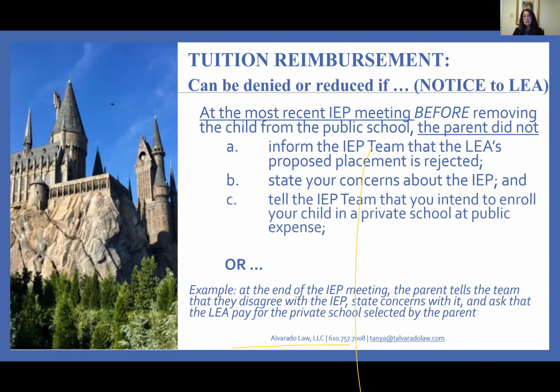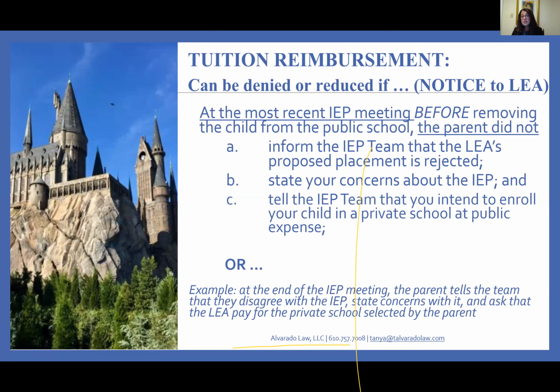You do have to tell them at the IEP meeting, it's one of the ways to fulfill this, that you don't agree with the IEP, you don't think it's appropriate. And then you can describe why. And like your reasons for disagreeing with the evaluation, you don't have to go into great detail. You're the parent, you're not someone with a higher education degree in the specific area that your child has a need. You're the mom, you're the dad,